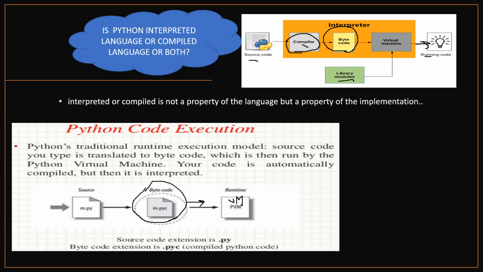So this is how the implementation of Python is done. That is why Python is an interpreted language. It is not a compiled language, because we are not doing compilation. It is implemented in such a way that compilation is done automatically, and we need not do compilation. We just directly get bytecode. We have to interpret it. So I think you're clear with this concept.